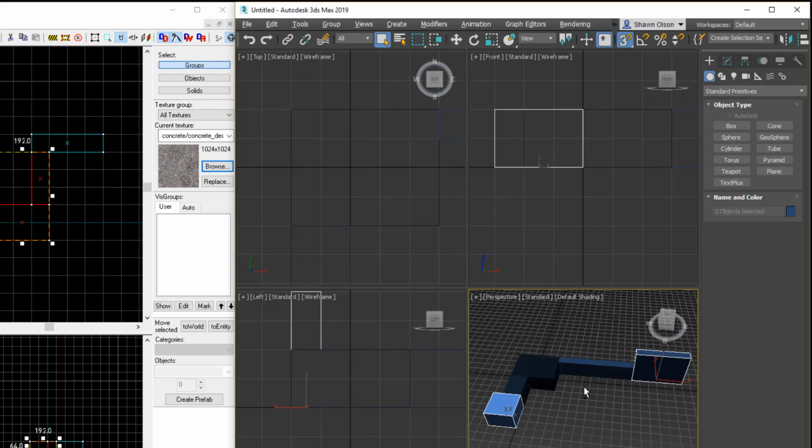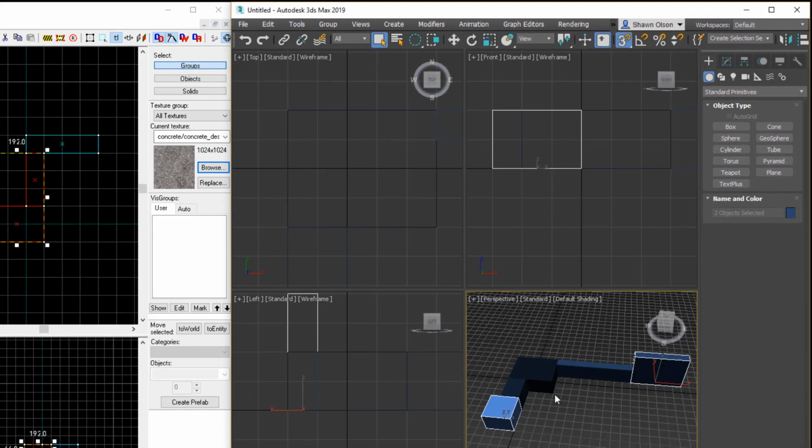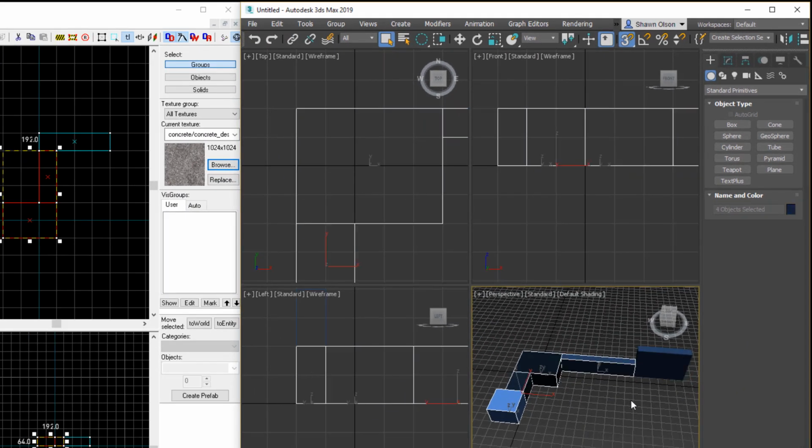even with the selection marquee. So if you hold down this, in fact in many of these menu items, if you see a little tiny triangle at the corner of the button, that means that there's a flyout and you can have more options. So I'm going to hold this down and we're going to see different types of selection areas that we can choose from. And for example, here's the circle one, which I actually rarely use this version,